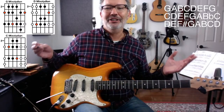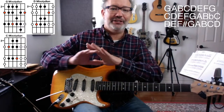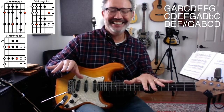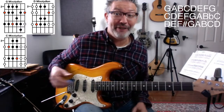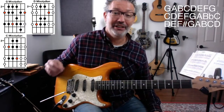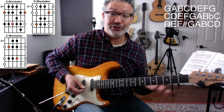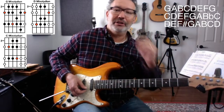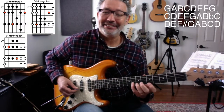And again, remember, music's about tension and release. One way to create tension is to play nothing. Right? It's like a pregnant pause in a conversation. It's basically what you're doing. You're having a one-way conversation with the audience. And you put a pregnant pause in there, and it creates a little tension. It's resolved as soon as you start playing. Right there, boom. The audience is like, oh, okay, he's going to play. But here...